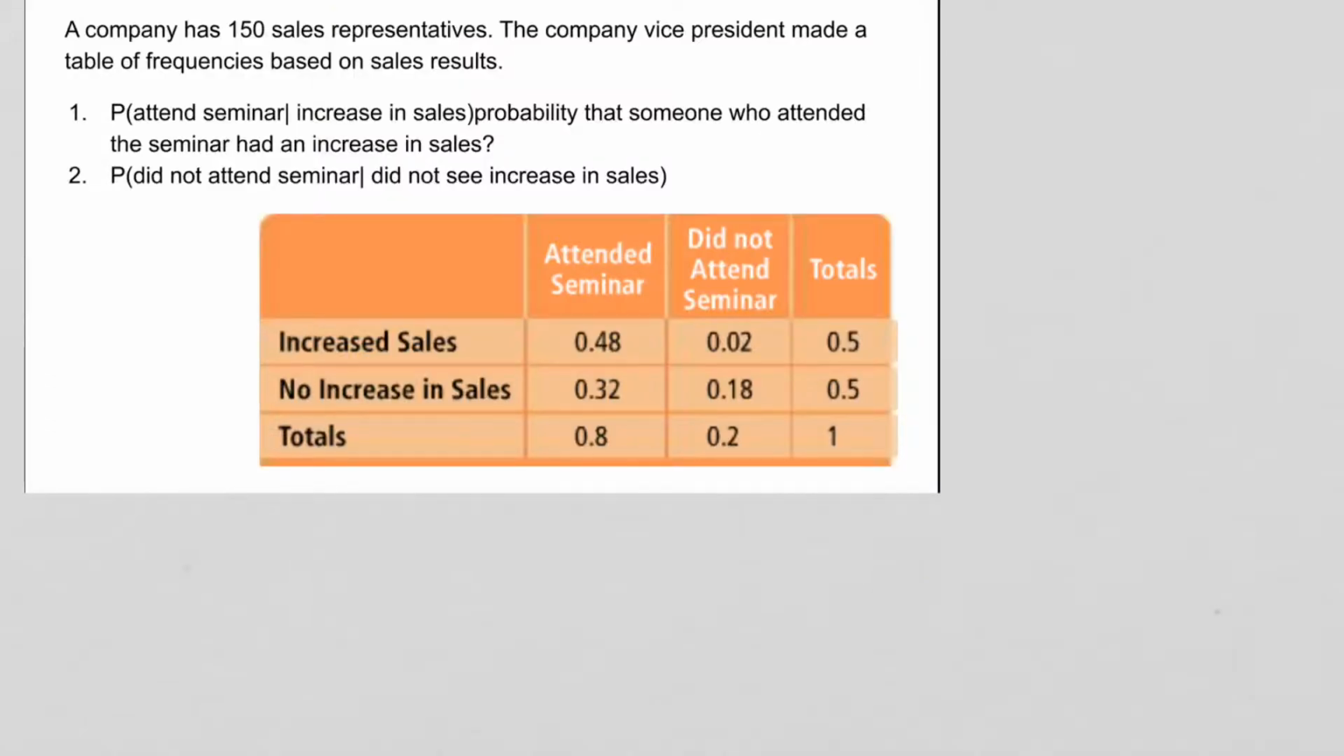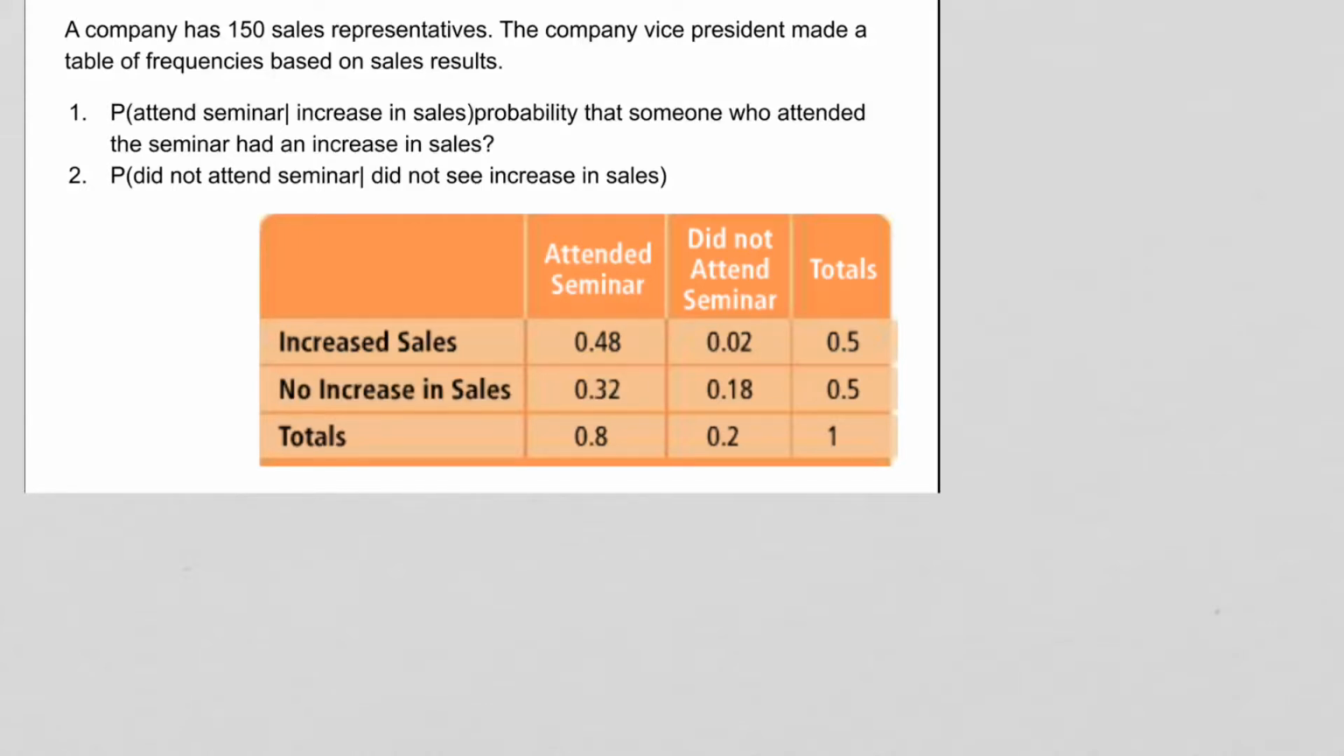All right, here's the last question here. This one's a little different. They don't have numbers. They have it as a decimal, which is a percent, in each column and row. You're still going to be doing basically the same thing here. They're telling us how many are part of this whole company, 150 sales representatives. And he made a table based on sales results. So we're going to take a look at numbers 1 and 2. I'd like you to try it yourself first, pause the video,